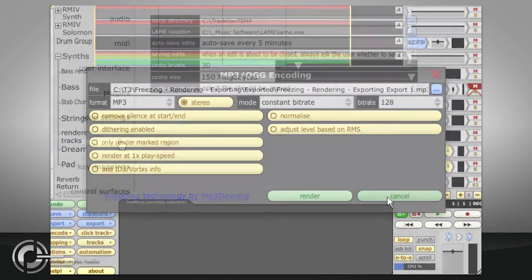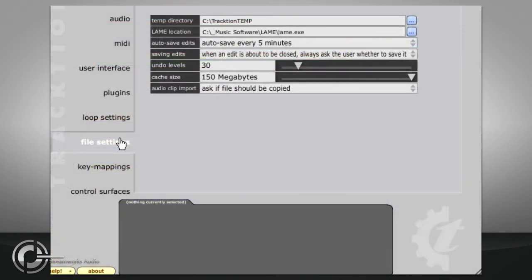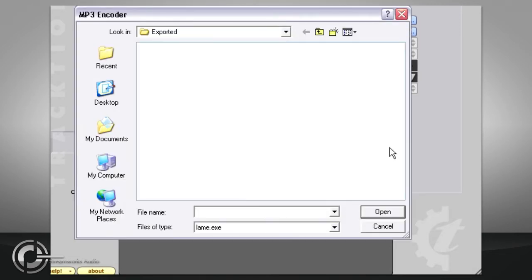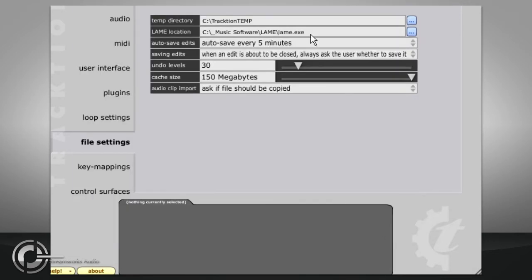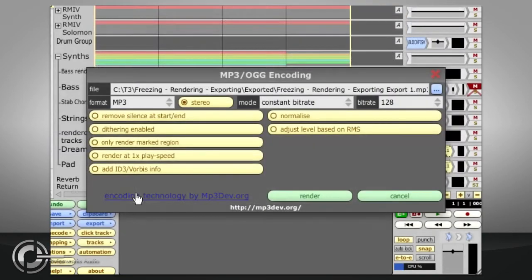Tracktion uses the LAME codec, which needs to be downloaded separately for licensing reasons, and Tracktion needs to be directed to the LAME executable file in the File Settings tab of the Settings page. You may need to relaunch Tracktion after changing this setting. The dialog is very similar to the audio export function, but with a choice of MP3 or OGG files instead